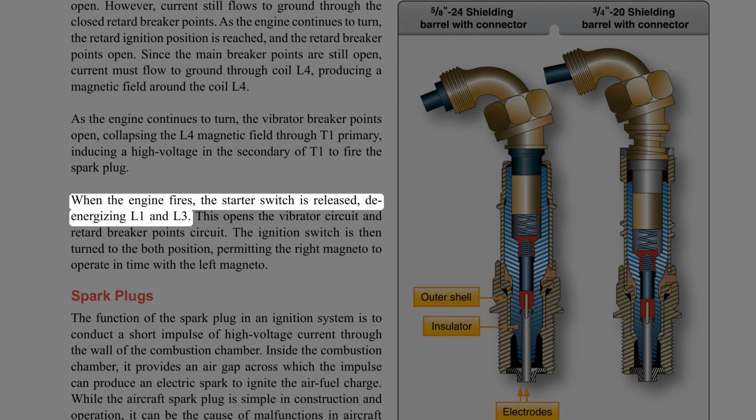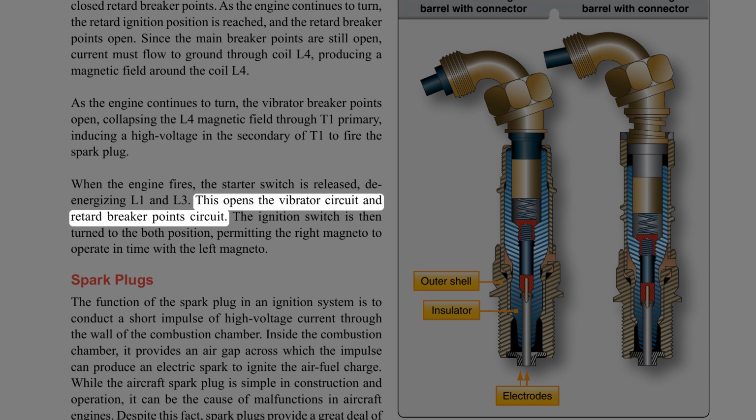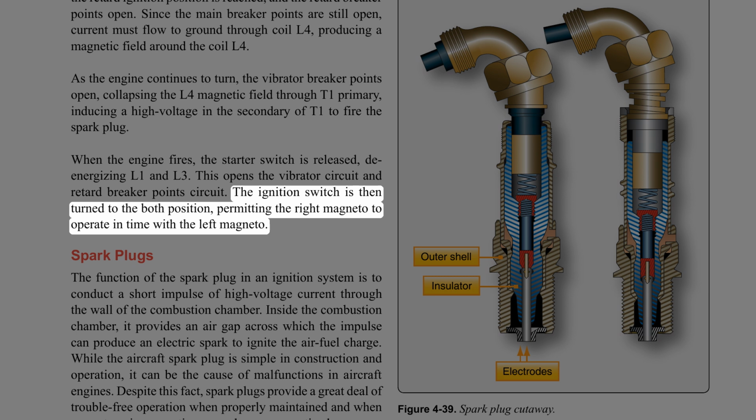When the engine fires, the starter switch is released, de-energizing L1 and L3. This opens the vibrator circuit and retard breaker points circuit. The ignition switch is then turned to the both position, permitting the right magneto to operate in time with the